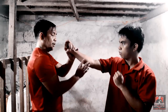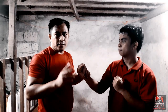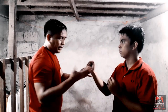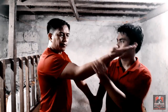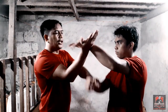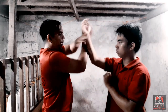So from 1, 2, 3, again, common. Because there's a lot of variation from this, and there's a lot of ways to do it. But in this video, we will try to employ the most basic. Okay, so 1, 2, 3. Most of the time, this is chop. This is the common 1, 2, 3, chop, 3, chop. This is our number 1,